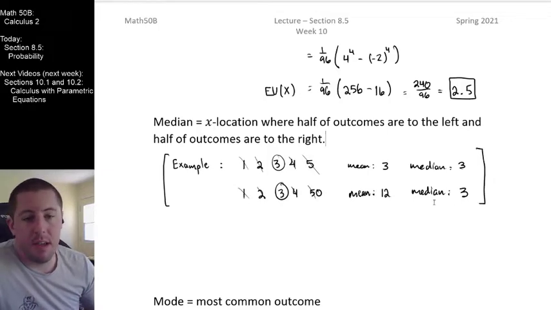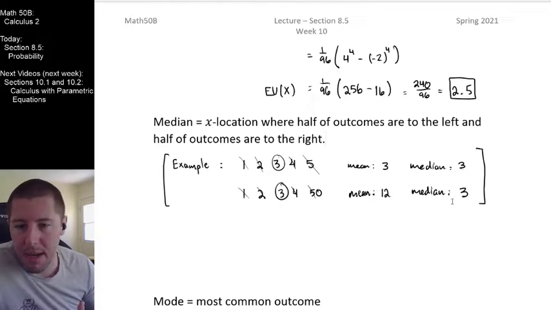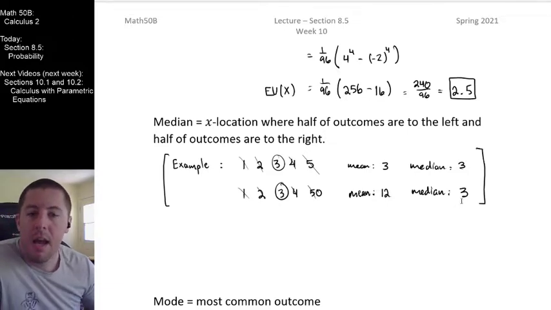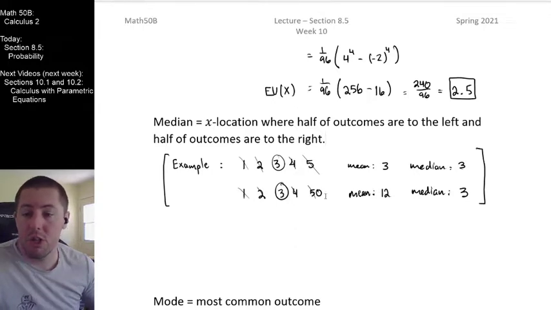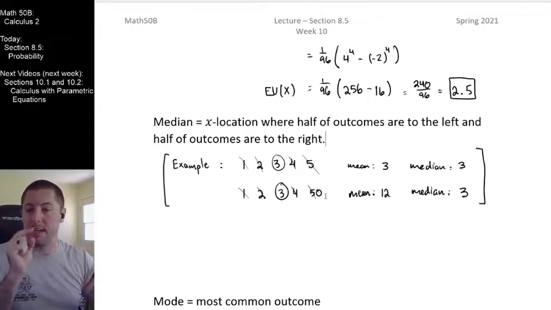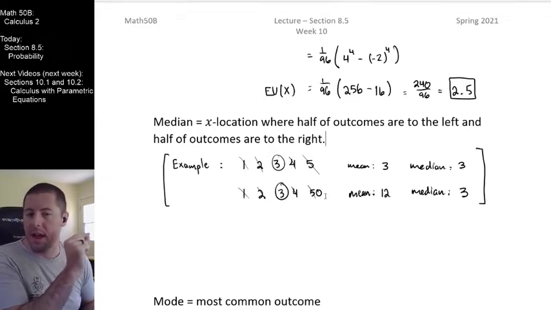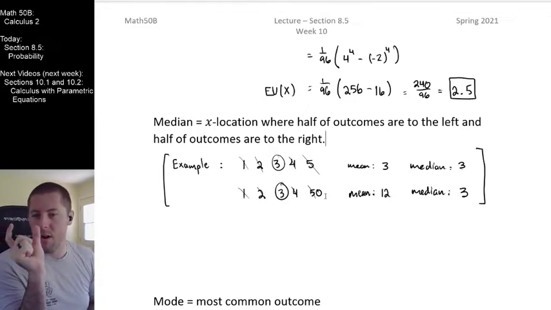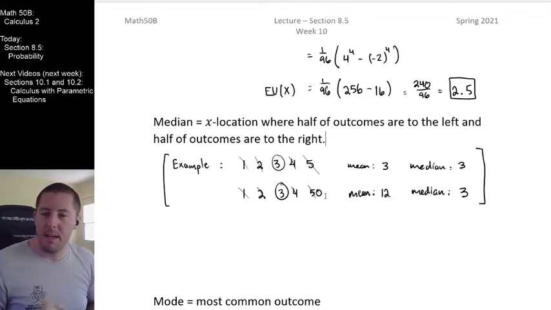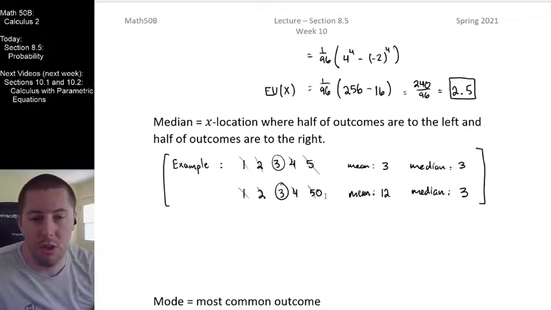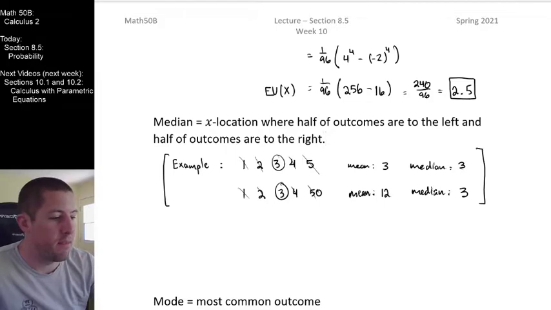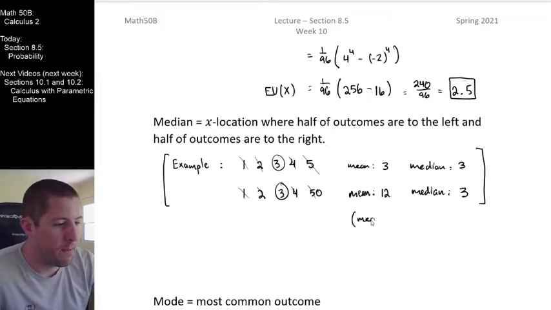And the thing that I would argue, if I had to pick one of these two numbers and say which of these do you feel is a better descriptor of the data set, I would have to pick 3, I think, in this case. And that's a bit of an opinion instead of a fact. But here what I would say is that this is not a symmetric distribution. This distribution has a tail off to the right because there is one value all alone off to the right, whereas the bulk of our stuff is in that 1 to 4 chunk right there. So because this is a right skewed distribution, the mean is greater than the median. Let me just say that.